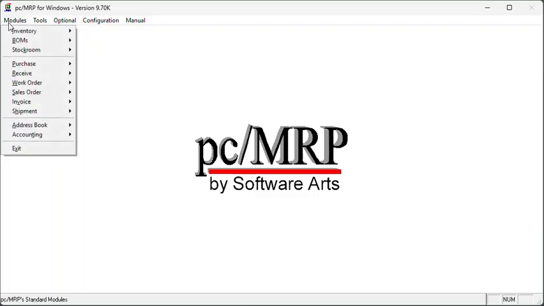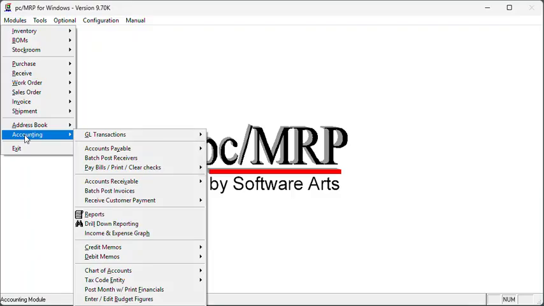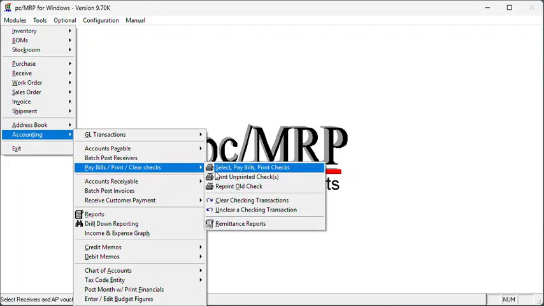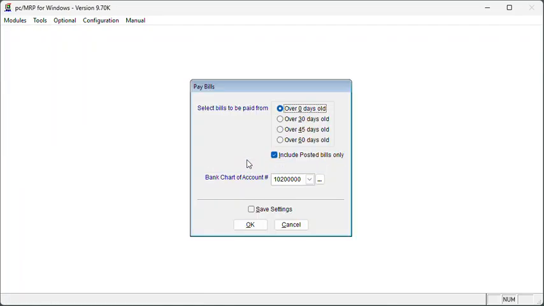Now the only step left is for the accountant to pay the vendor for the bearings we purchased a little earlier in this demo. The accountant can select Modules, Accounting, Pay Bills, and then select Pay Bills. I am going to select bills over 0 days old. Of course we need to check Include Posted Bills Only, which means the receiver has been posted and accounts payable